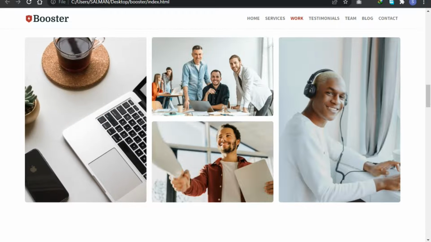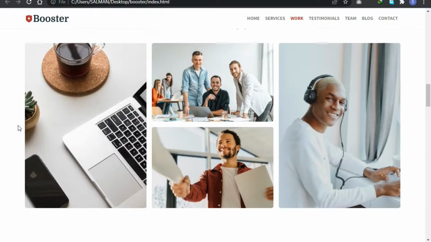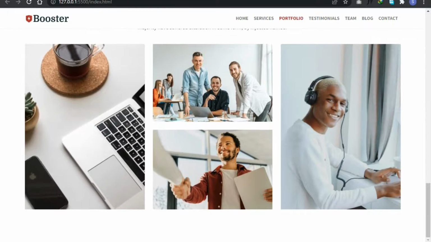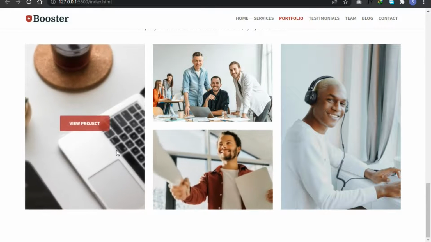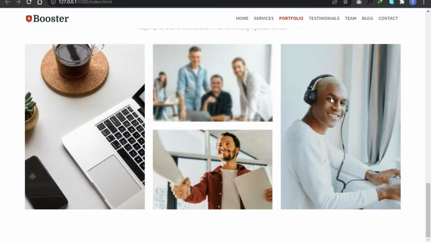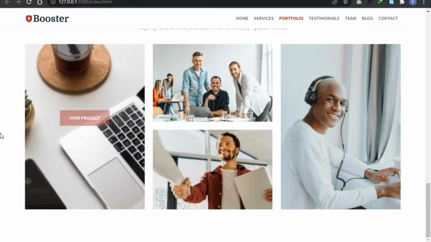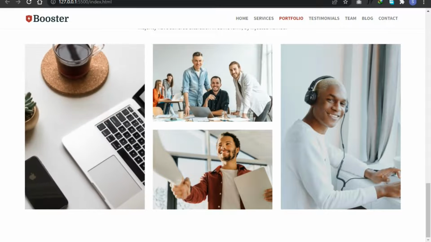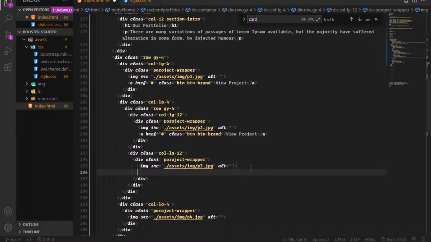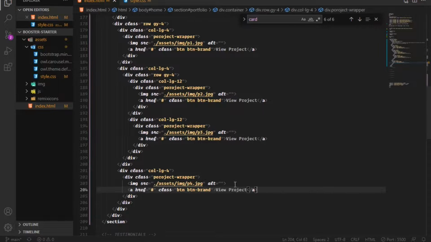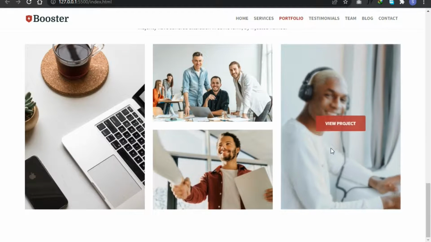So in the finished project, as you can see, the image is blurred on hover, so I'm gonna do that. I'm gonna add a filter, blur, so I'm gonna set this to 2 pixels. So as you can see, the image is blurred on hover, looking great. So I'm gonna add this button to the rest of the others. So I'm gonna copy this. So as we can see,